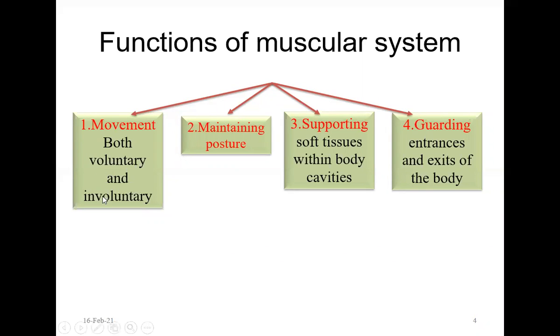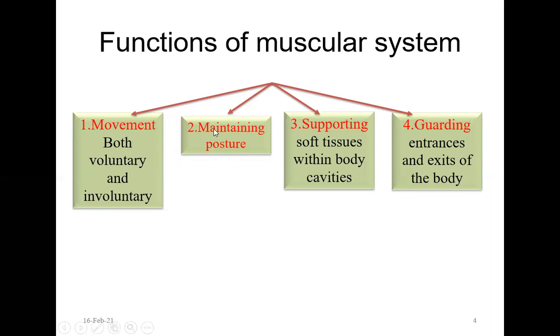But there are also some actions which are done involuntarily, that is not under our control, like respiration. The heart beats on its own, as well as the muscle within the intestines and the stomach, they all help in absorption of the food. That is not done by us. We cannot do it ourselves. So it is automatic, and that which is automatic is called involuntary, which is not under our control. Voluntary means which is under our control, and involuntary means which is not under our control. So this is called the movement, voluntary as well as involuntary.